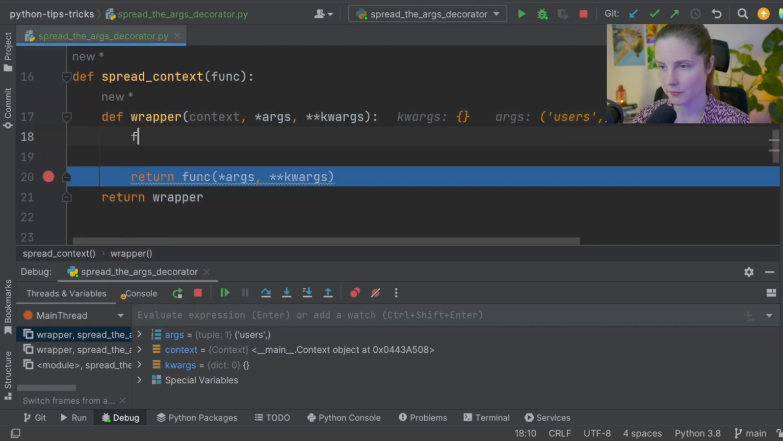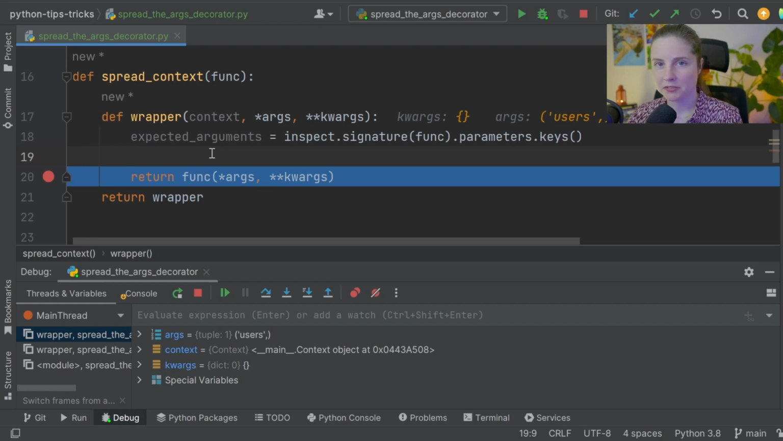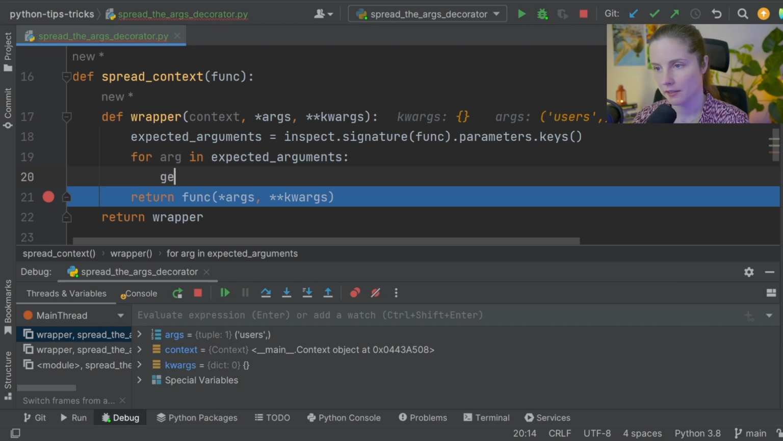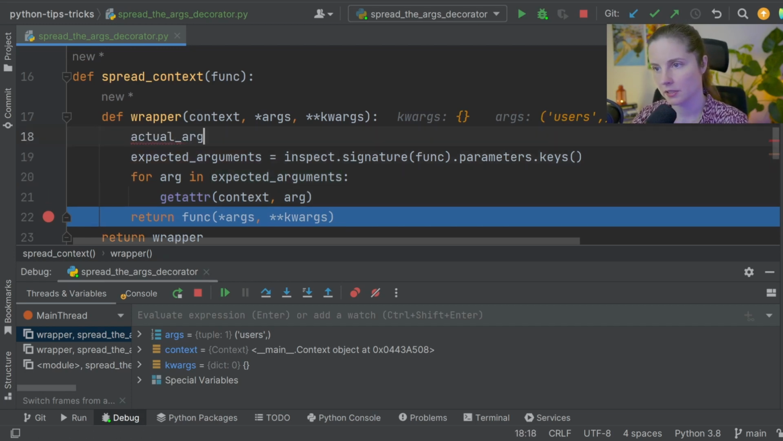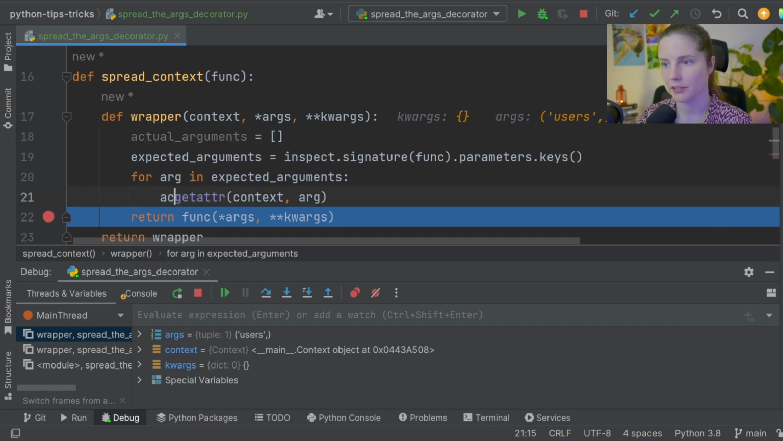We are going to create a new variable. Let's call it expected arguments. Right? So we have our keys here. And now we have to retrieve them from our context, which we're going to do with the getattr function. Let's do for arg in expected arguments, getattr(context, arg). And of course, we have to somehow pass them into our function. So let's create a list, actual arguments, let's say. actual_arguments.append,